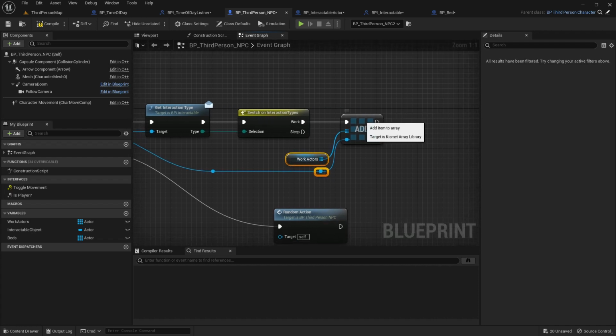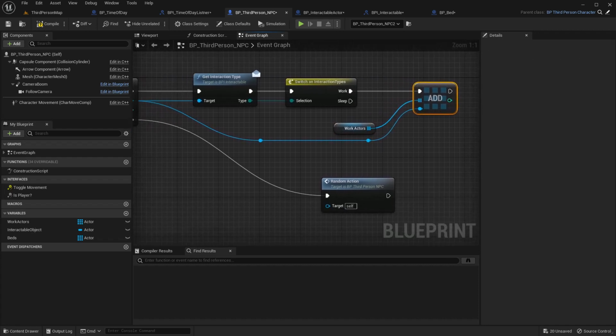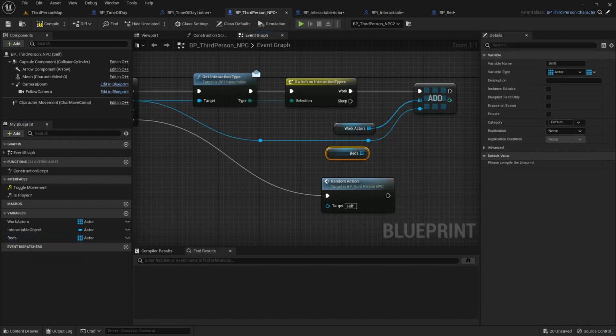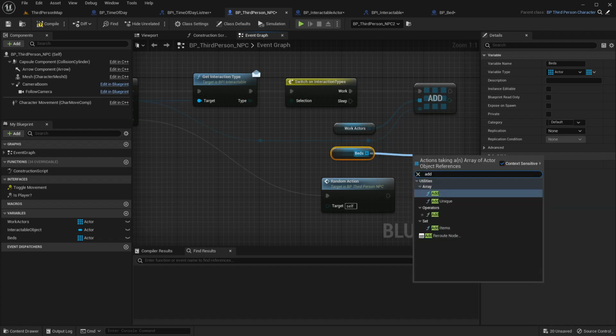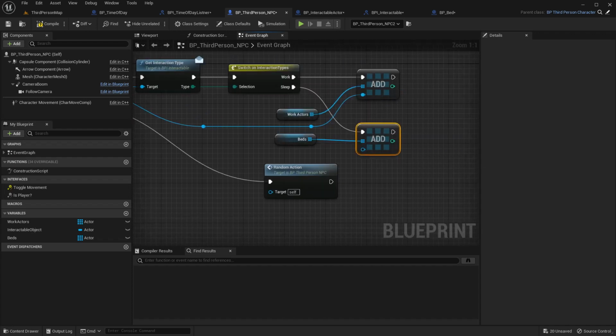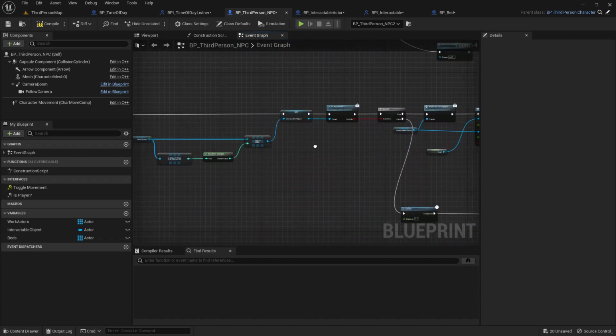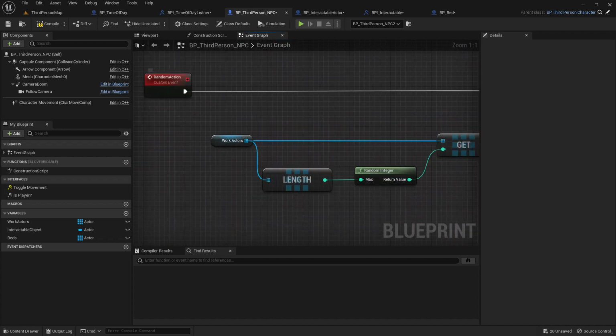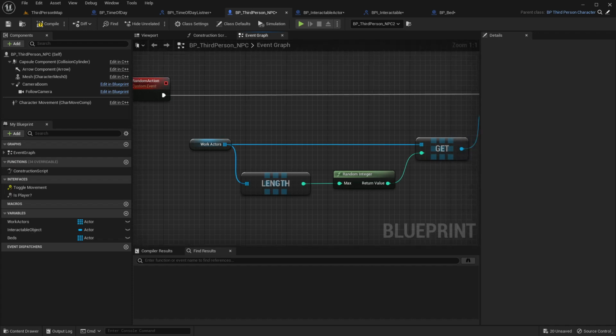Okay, now if it is sleep, we can add it to bed. We can add that element to bed, like this. Right. Okay, now since this random action is using only work actors,